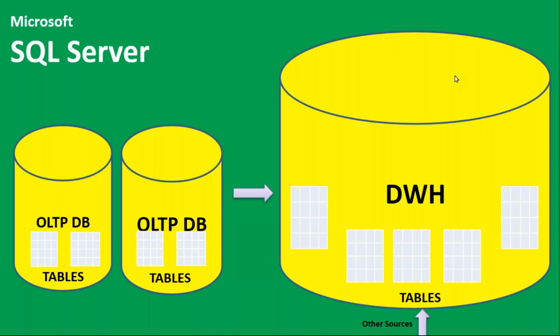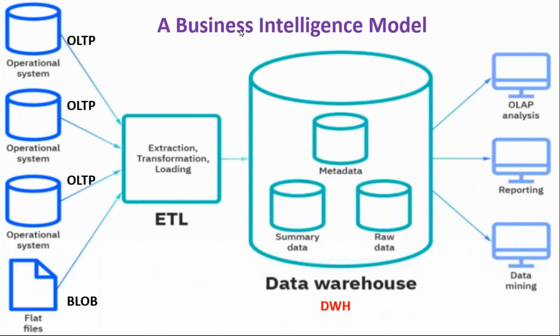Now, how do we get them together on a single screen? Yes, here comes something called BI, business intelligence. What is that? From the birthplace of data, OLTP, the live online transaction processing database, the first type of database, that's the birthplace of data, to the actual storeroom, the warehouse, we have something called ETL,